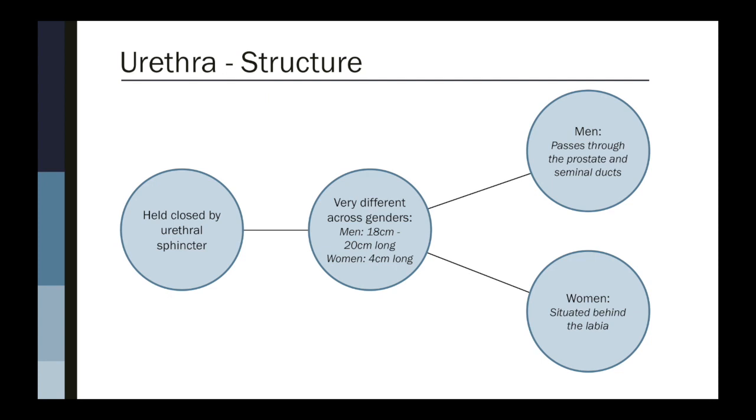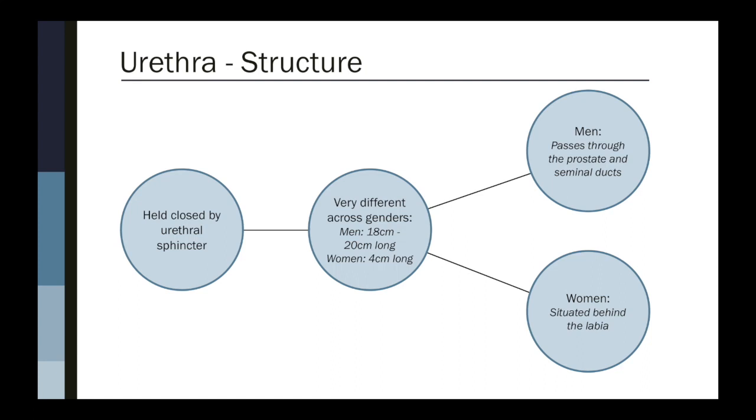With men having a urethra that's typically in the range of 18 to 20 centimeters long, whereas in women it tends to be much shorter at about 4 centimeters. The reason for men having this long urethra is due to the fact that men have a phallus. Within that, there are three sections to the male urethra: the prostatic urethra, the membranous urethra, and the spongy urethra. And the male urethra passes through both the prostate and seminal ducts, whereas for the woman, their urethra is situated